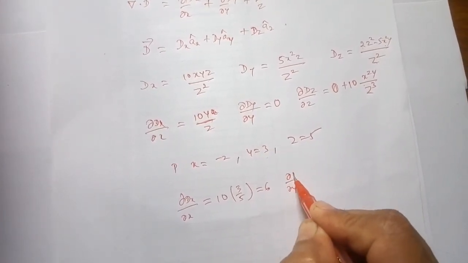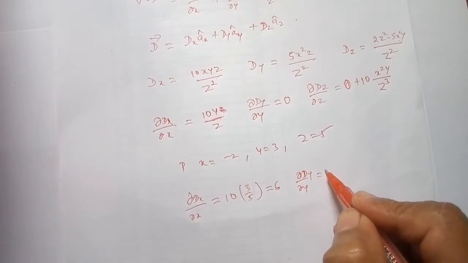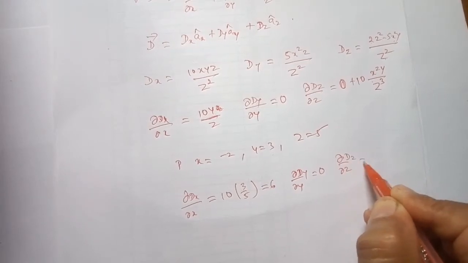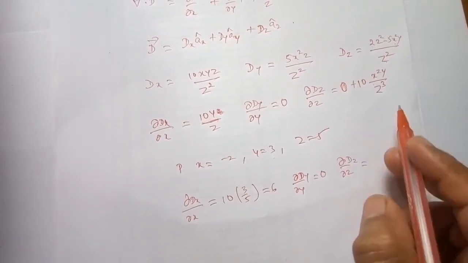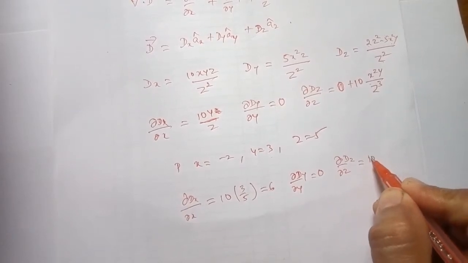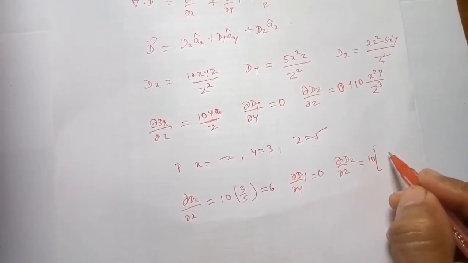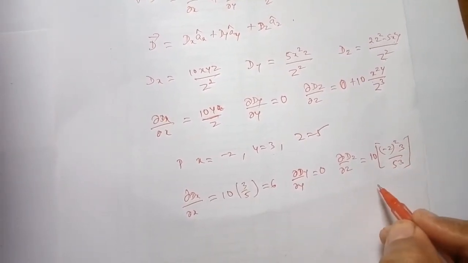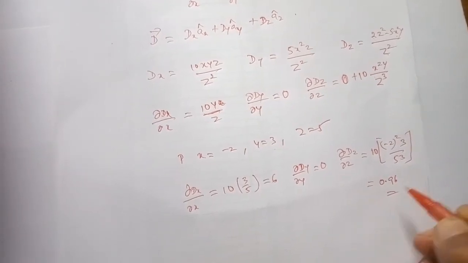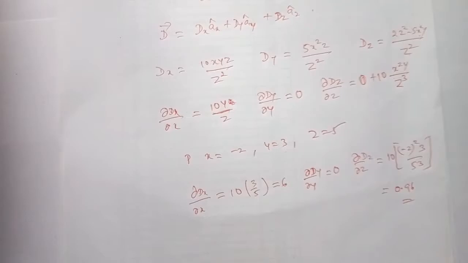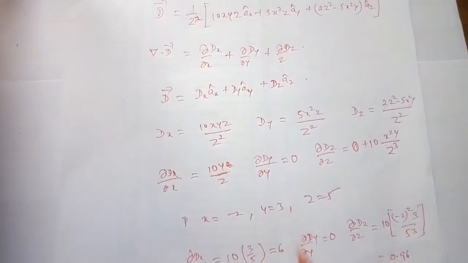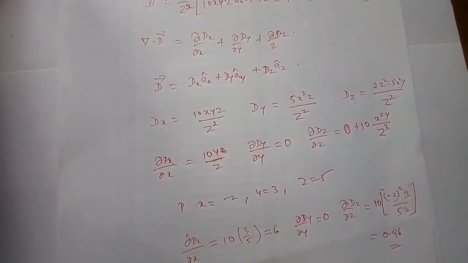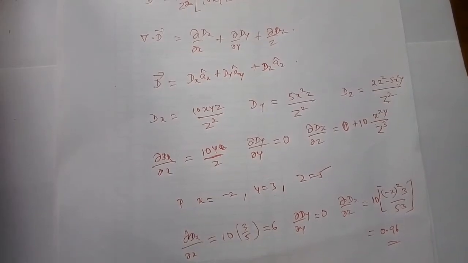∂Dy/∂y is equal to 0, there is no question of substituting anything. ∂Dz/∂z is equal to, first part is 0, so there is no question, so only you are left with 10 into minus 2 whole square 3 divided by 5 cube, so you are left with 0.96. So if you substitute this back in the equation and add, you will get del dot D at a point -2, 3, 5 is equal to 8, sorry,